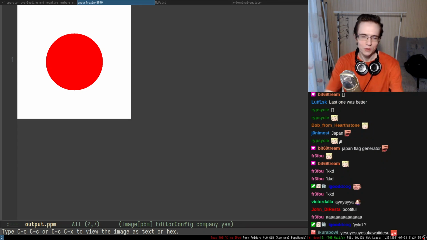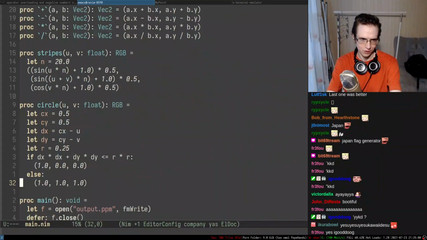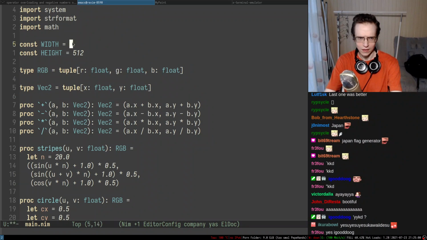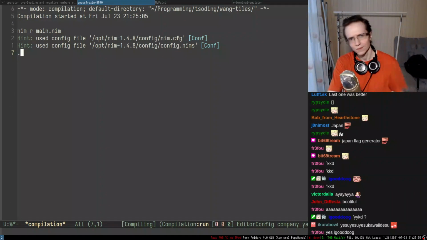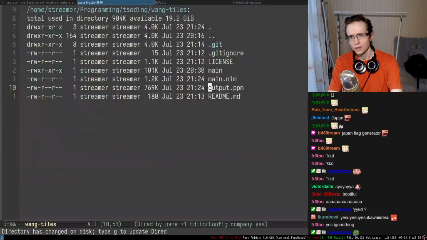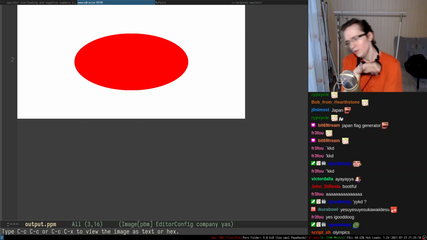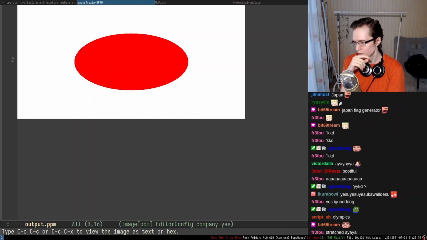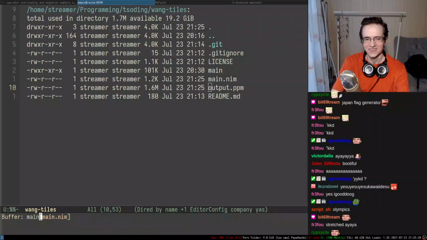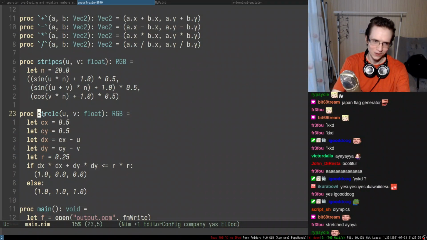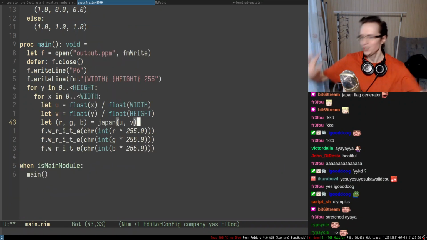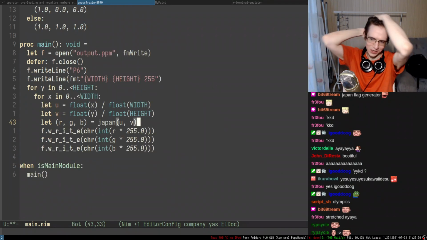So if you make this entire thing wider, it's going to look bad, by the way, just saying. So you need to be aware of resolution. But to be fair, I don't know how easy that is to do. So let me query replace circle with Japan. Right. So this is the Japan shader.